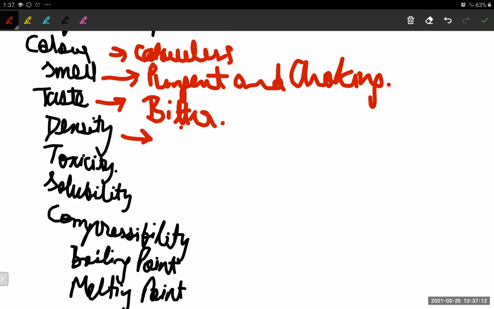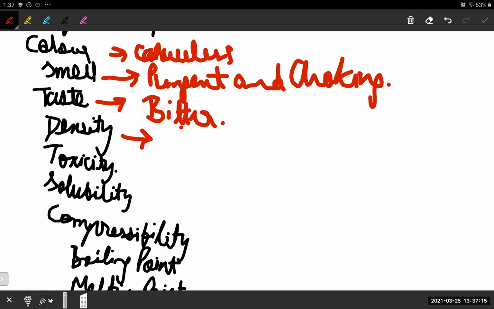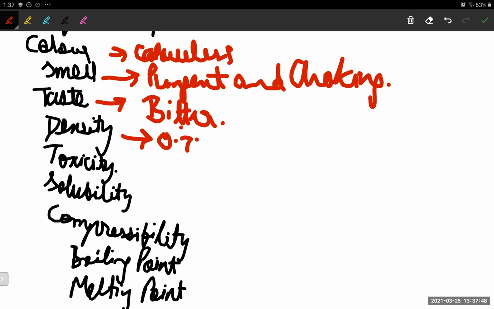Next we move on to the density. What is the density? Yesterday we did the density of HCl, how much was it? There's a question in front of you. Tell me the answer. What was the density of HCl? 1.25 times heavier than air. Very good, guys. So the same thing will be happening today also. We'll compare it with air only. So its density will be 0.75.